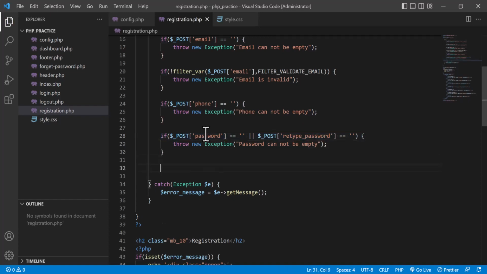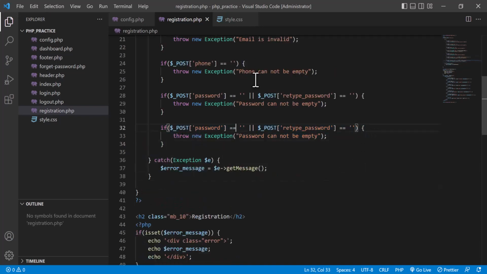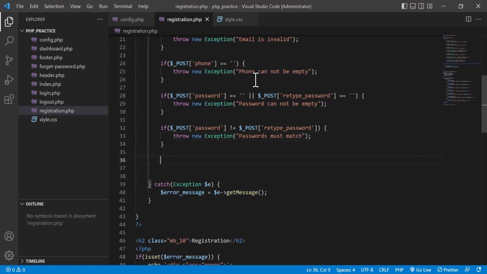And then after that I am going to tell if those passwords do not match, if post of password is not equal to, does not match with the post of retype password, because those two passwords must be the same. So here I will say the passwords must match like this. So if everything is okay, I am going to give here a success message equal to